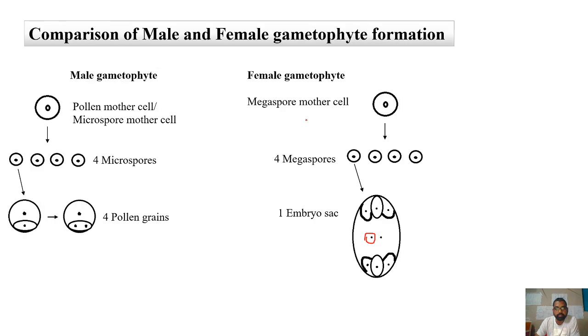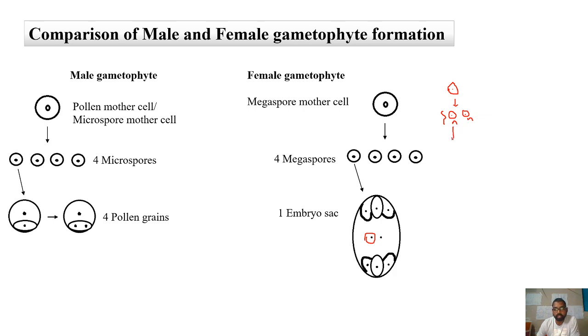Megaspore dyad cells. When you look into this, the megaspore mother cell is undergoing the first round of meiosis. So if this is the megaspore mother cell, it will undergo the first round of meiosis to produce two cells. As the first round of meiosis is a true reduction division, the two cells produced will be haploid only. This is what the megaspore dyad is. So the megaspore dyad will be haploid only.